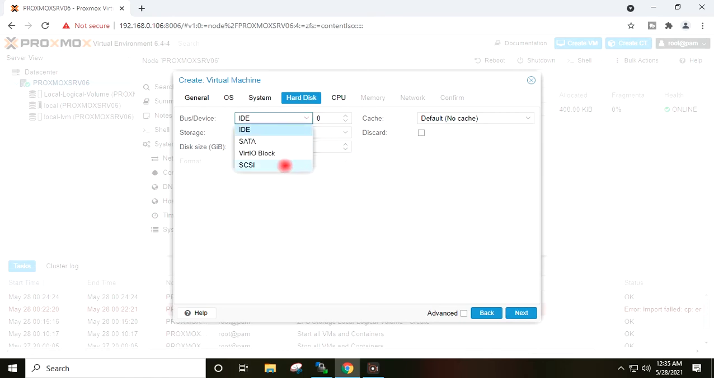bus device SCSI, and device ID is 0. You can see here the local logical volume is selected on the storage option, which we had created for hosting the virtual machine. Disk size, I will give here 40. Cache, I will select write back. Next,